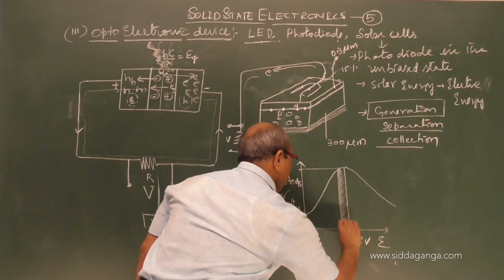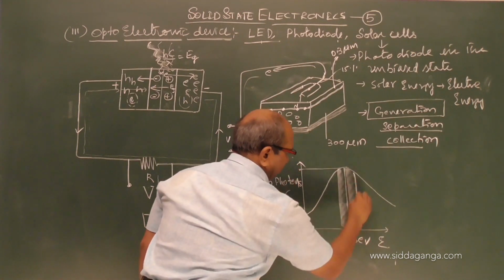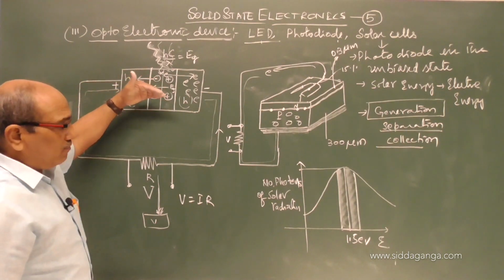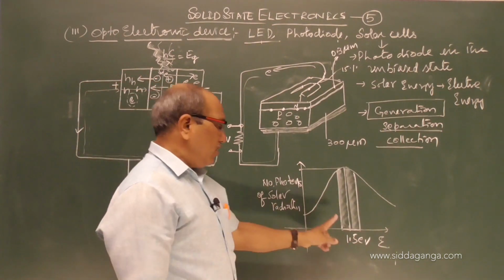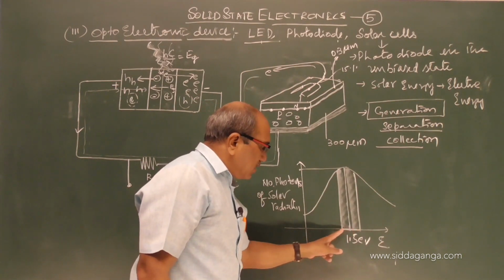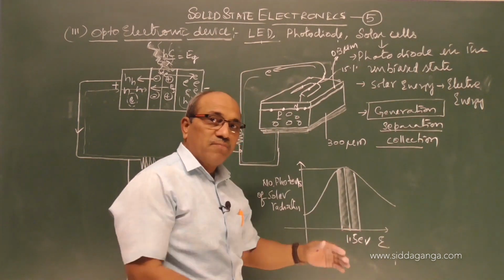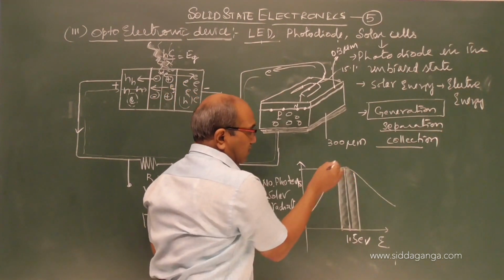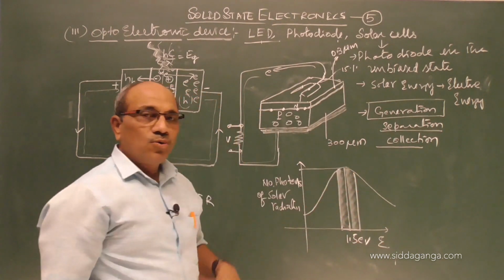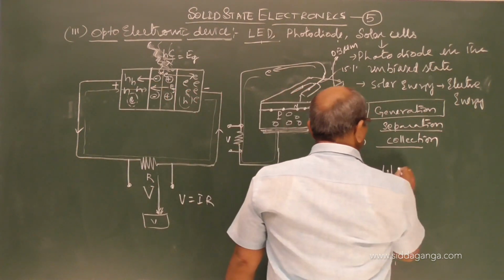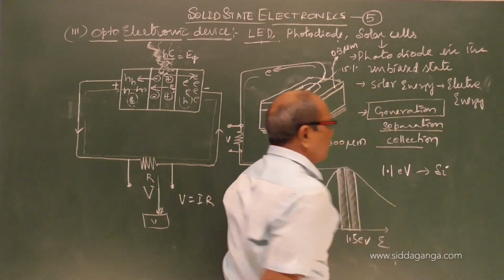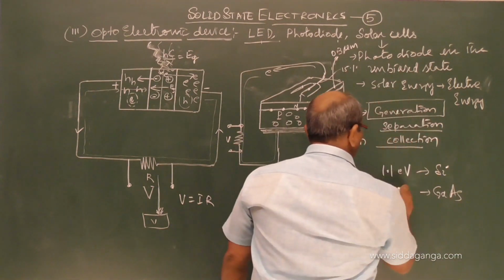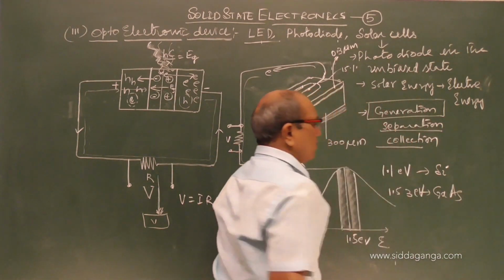If you take a band very near to that, now the number of photons striking a surface per unit area, if I make the energy gap of the semiconductor of this range, we will get the maximum here, because the number of photons of this wavelength or frequency or energy is maximum. Who will give this? If you take 1.1 eV, it is given by silicon, or if you take gallium arsenide, it is about 1.53 electron volt.